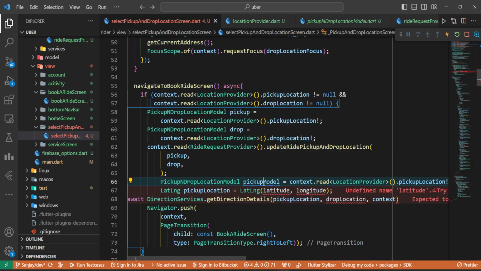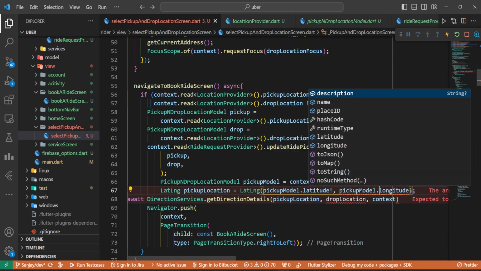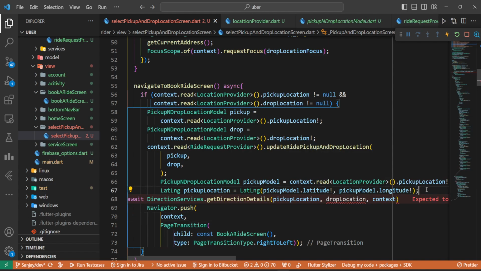Pickup model, copy this, paste up here, pickup model dot latitude, then comes up pickup model dot longitude. Okay, so here we will again copy this code,